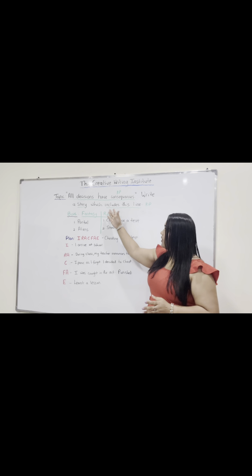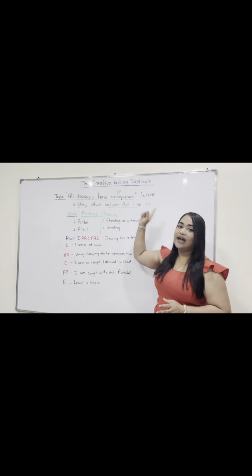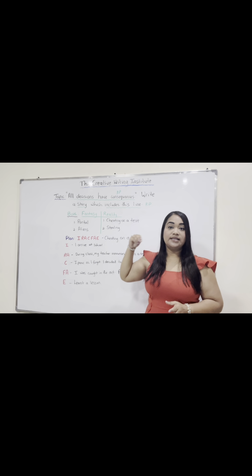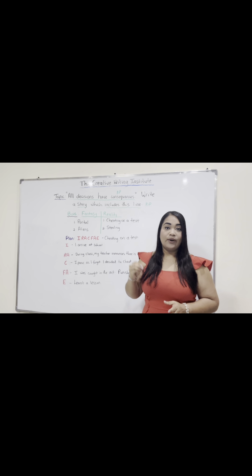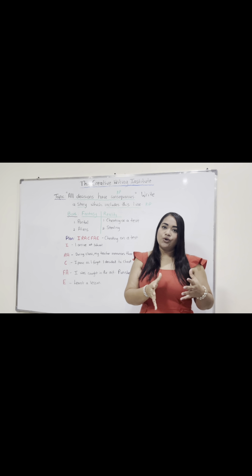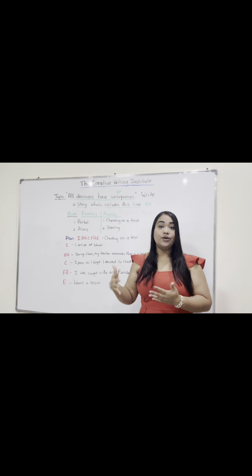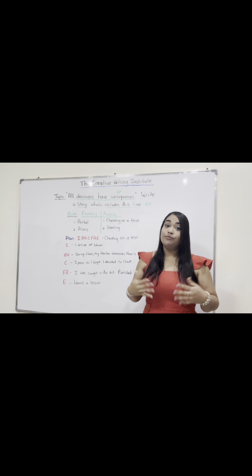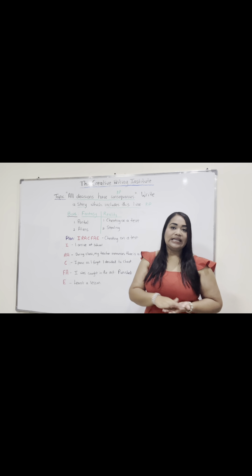So step one, we underline this line that has to go in the story. So we'd underline story and includes this line because that is a key point for the question. So step two, we ask ourselves, is this story category fantasy, reality, or both? And the question can lend the interpretation of both. It can be fantasy, it can be reality.